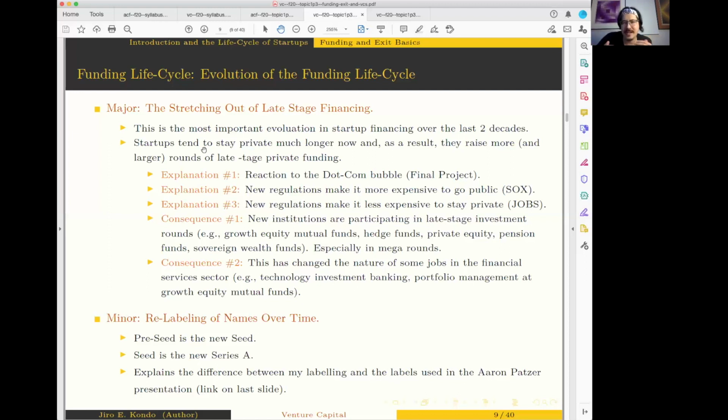Because this is just a logical framework. When I think, do you choose A or B? I think of it as a cost-benefit analysis. So A is stay private, B is go public. Well, if I do something that makes the benefit of going public higher, I'm going to go public sooner. If I do something that makes the cost of going public lower, I will also go public sooner, right? That seems like a truism.